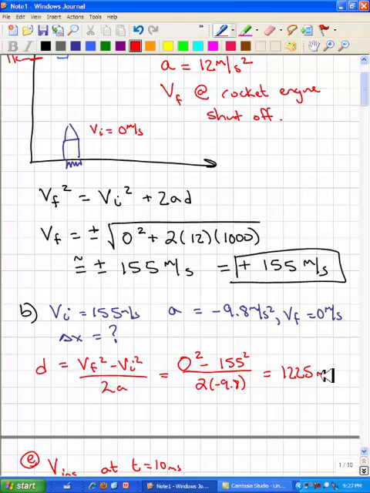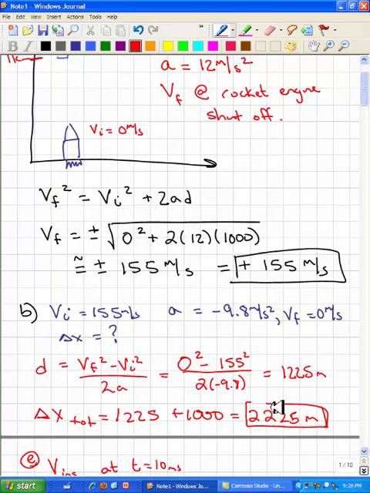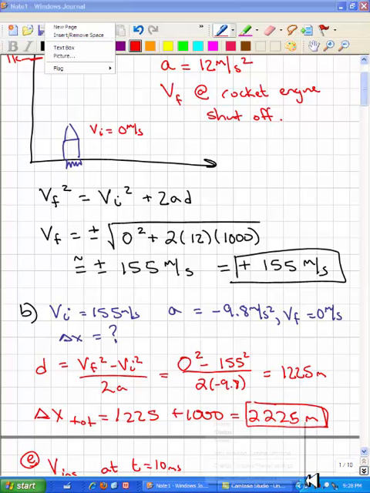Now, that is how far the rocket flew between the engine cutting off and it stopping at the top. It is not its total height. So its total height, the delta x total, is the 1225 plus the 1,000 equaling 2,225 meters above the ground. Done. Pretty bad. Let me stop this and I'll do part C and